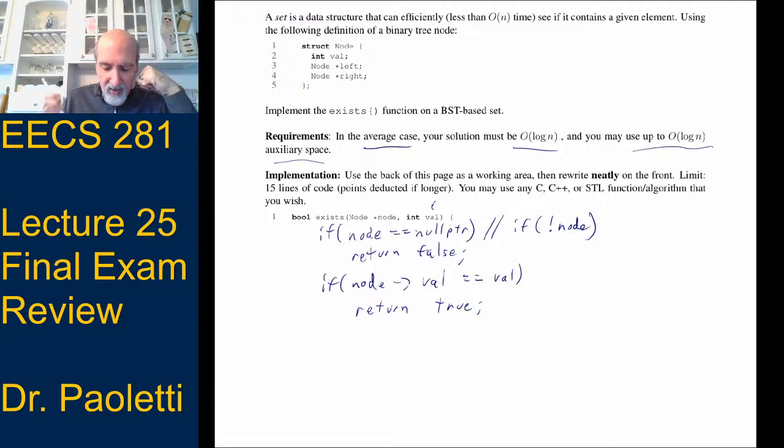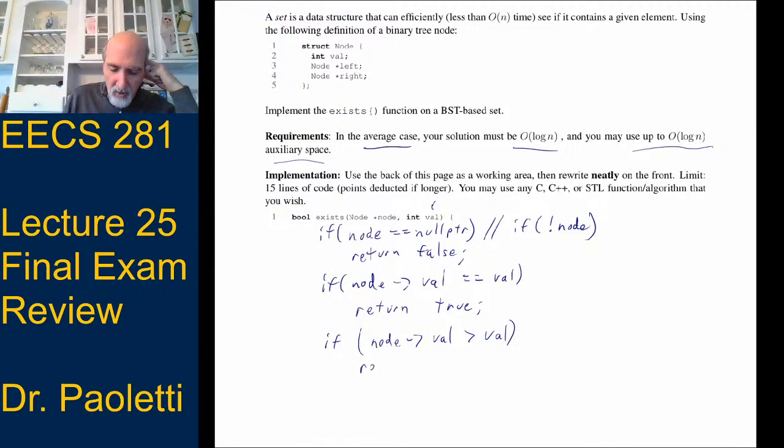Okay, so that takes care of if we found it. Now we need an if for should we look to the left or the right. In this case, I tend to do left first. So if the node value is greater than what I'm looking for, so I'm seeing like a 10 and I'm looking for 5, then I know I should look to the left.